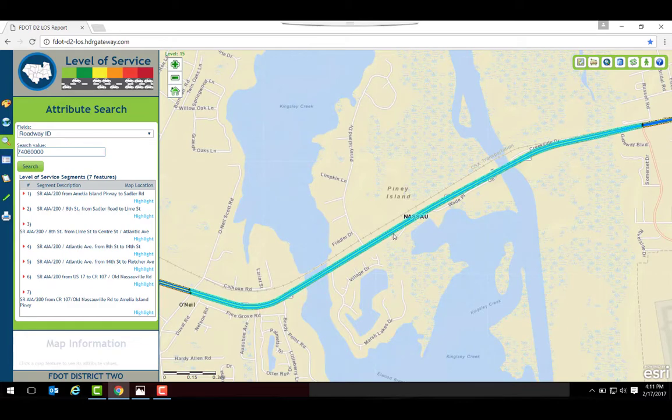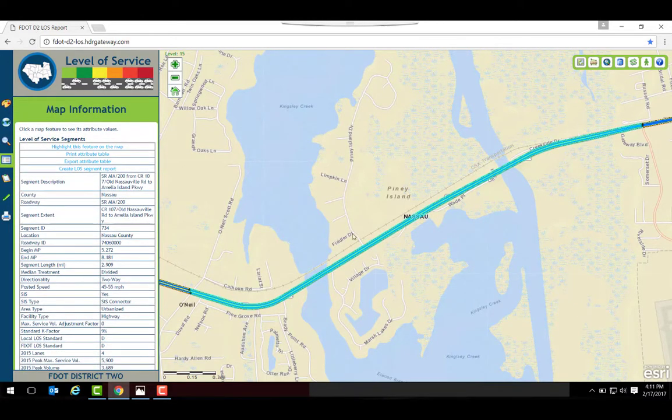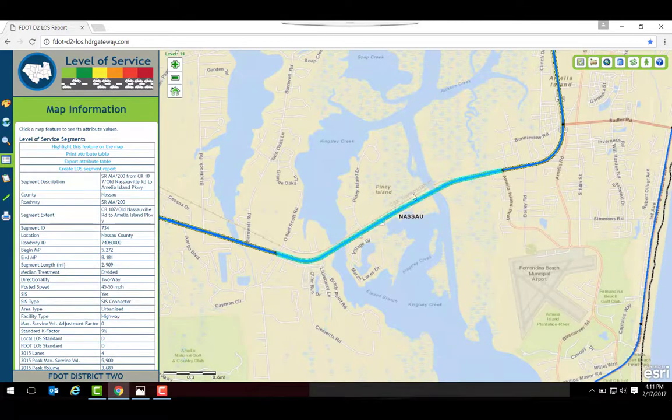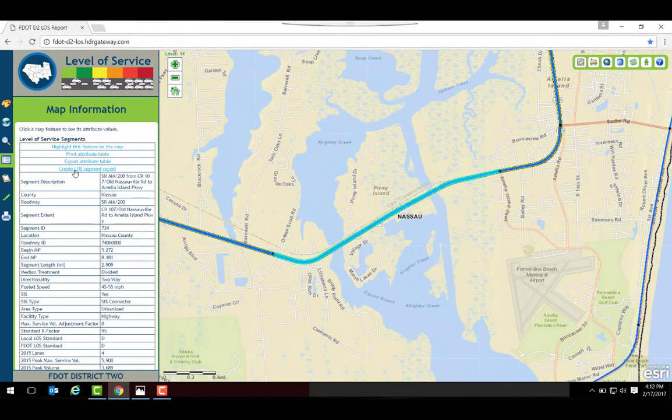So now we know where the segments are, but we also want to know the attributes of segments. I mean, that's the whole purpose of the tool, to see what level of service are associated with the segments, and what volumes and so forth. So you can easily get there by clicking on any segment in the map,